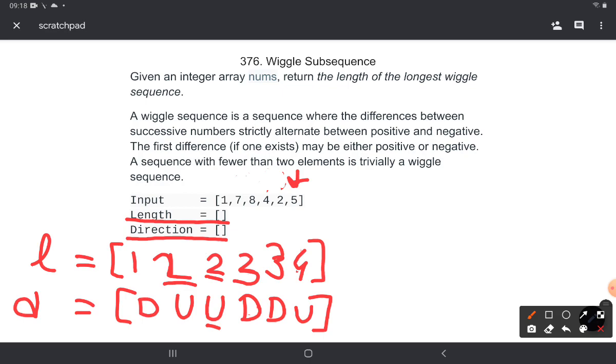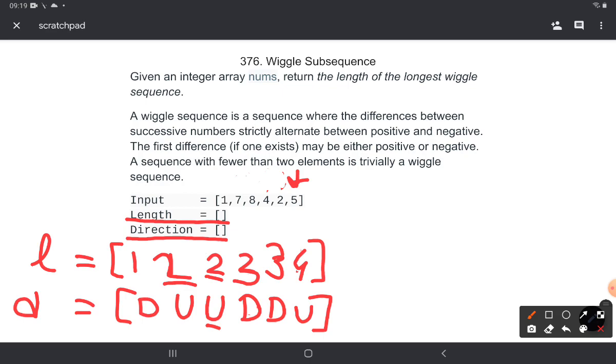And let's check with 2 as well. With 2 the direction is down, and the next element 5 is upwards, so this also gives me a wiggle subsequence of length 4. But it is the same as the best one that we found earlier, so we don't update the length.